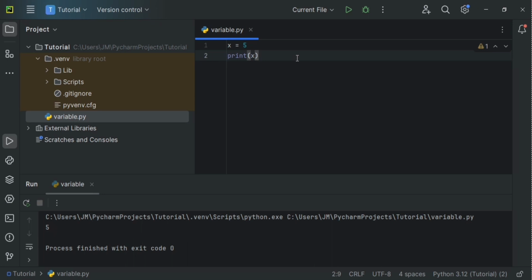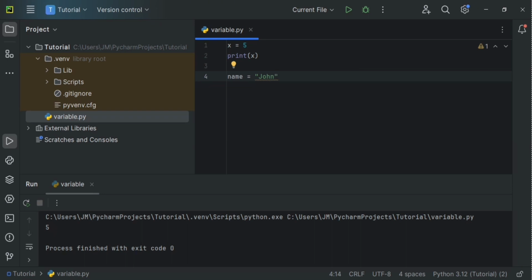But let's try more examples to solidify our understanding. How about we declare a variable name and assign it the value John, or perhaps use your own name. So let's type in name equals, again, quotation mark. This is a string value, which I will talk about in future videos, but use quotation mark and then your name or John, for example. Here we declare the variable name and assign it the string value John.